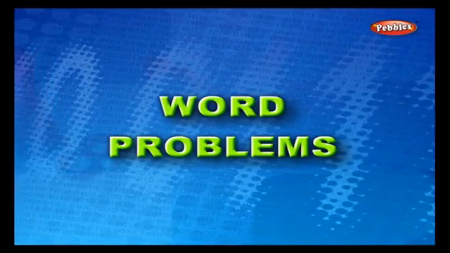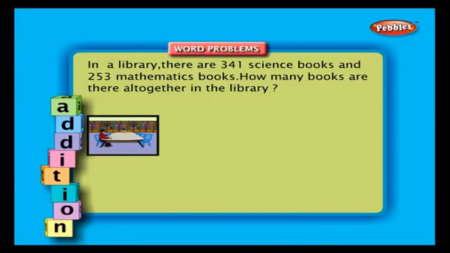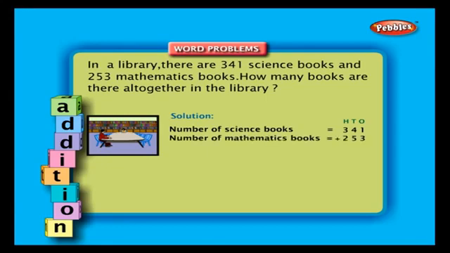Word problems. Example 1. In a library, there are 341 science books and 253 mathematics books. How many books are there altogether in the library? Solution. Let us arrange the numbers in a column. Number of science books, 341. Number of mathematics books,